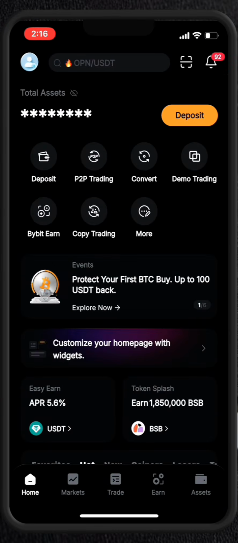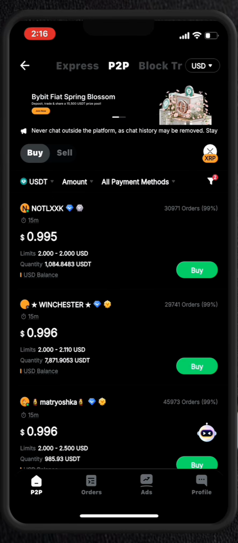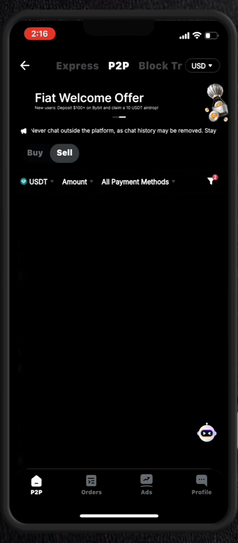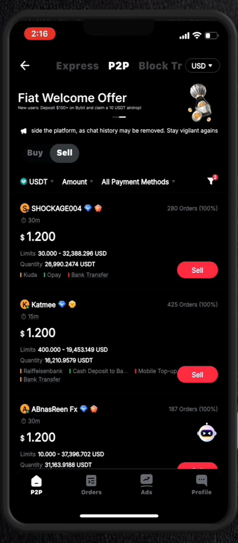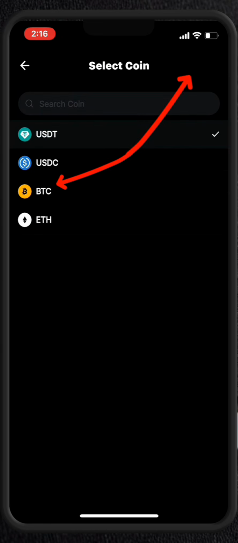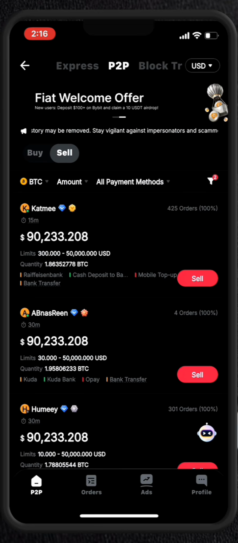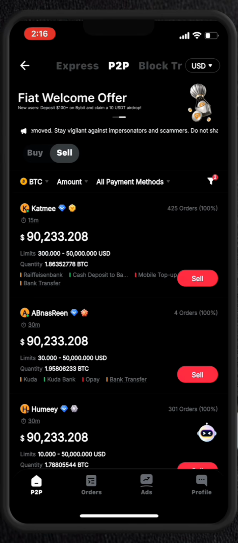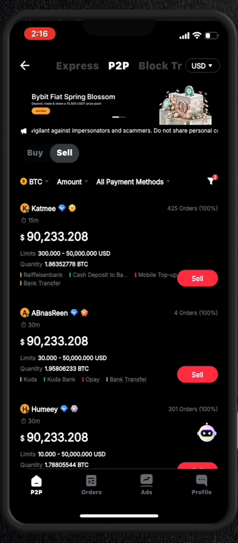So guys, this is the Bybit app. You can get the app from either the Google Play Store or the Apple App Store depending on the device that you're using. I'll also be dropping my referral link for Bybit in the comment or description section for those of you that want to get started. Once you're on the Bybit app, I want you to come over to the P2P trading section over here. To get here, come to the sell section, and make sure that the current pair is BTC and USDT. As you can see, currently the BTC to USDT pair at the Bybit P2P trading section is at a rate of